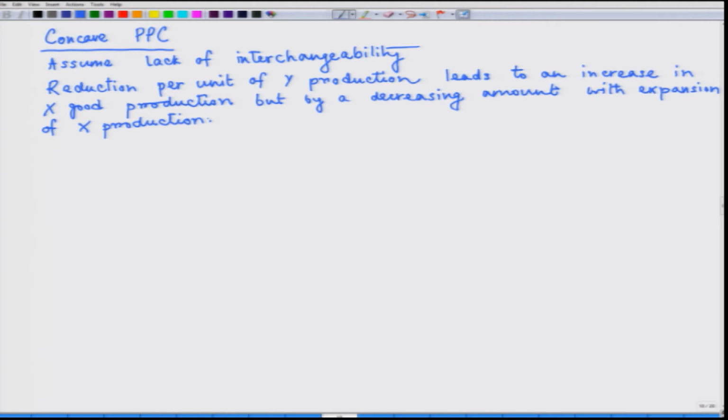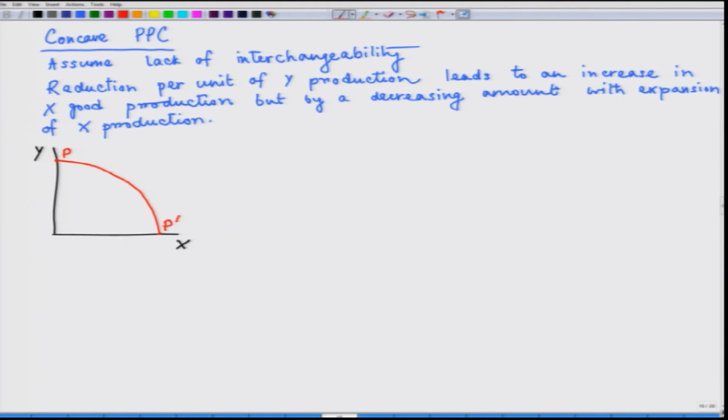So, in this case, let us draw this diagram again. We measure X commodity production along the horizontal and Y commodity production along the vertical axis, and we are saying that the production possibility frontier, which gives the resource constraint, is going to be of this shape. So, we can call this P prime,